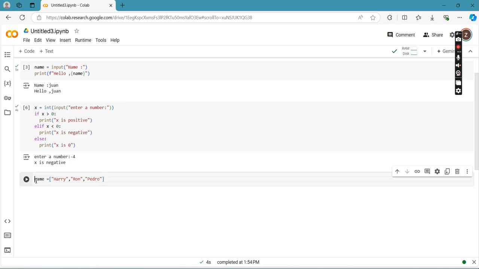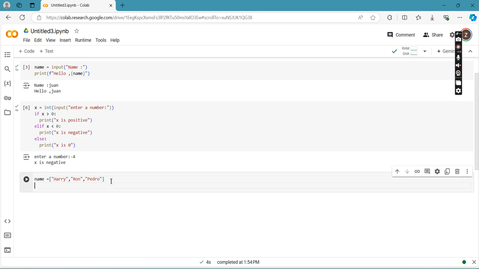Okay, so to indicate that this is an array, whenever you see brackets here, this means that the variable is containing a list of values or an array of values.